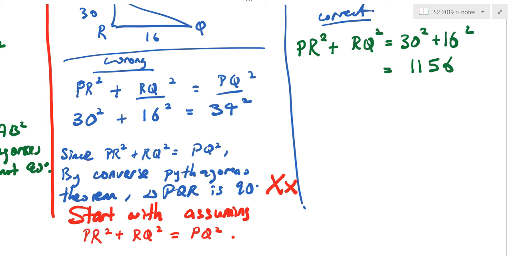Jess, do you want to suggest what's the next sentence I should write? PQ square equals to 34 square equals to, oh, same. Then you pretend that you are very excited, that you discover that they are the same. Then you end with the statement. Do you know the statement is the same statement as that statement? It's really the same. Since